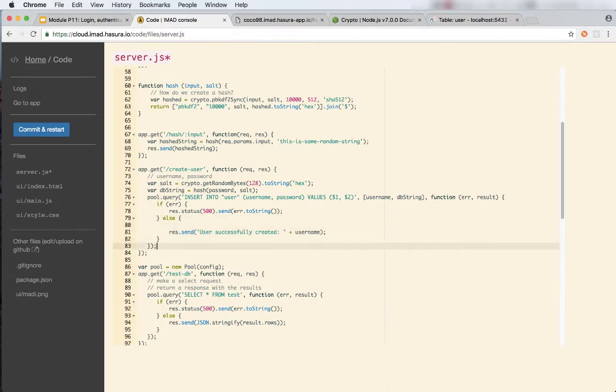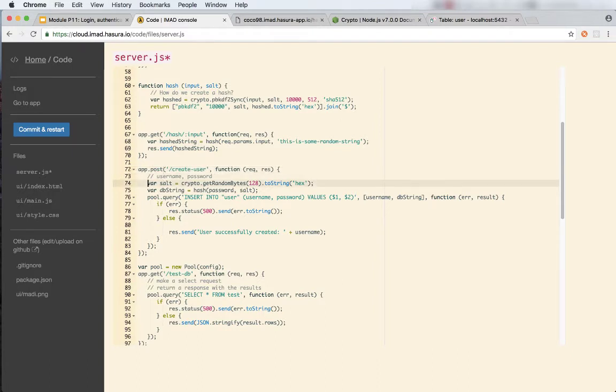So the first problem that we need to solve is, where is username and password? Where are these two values going to come from? We can use the same method of making it a part of the URL, where we can have username and password, right, as a part of the URL. But that is not a recommended practice, because ideally we should not be sending data in the GET requests, right? Especially because the password is raw, and in case, for example, let's say the logs will be printed, and the logs will show what password is being printed, and this is very dangerous because anybody who has access to the logs will have access to the password, in which case it makes sense to make this a post request,